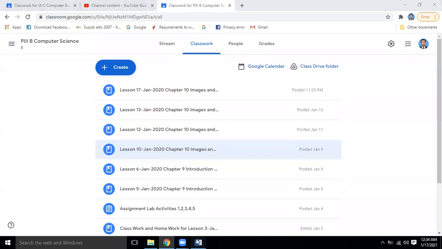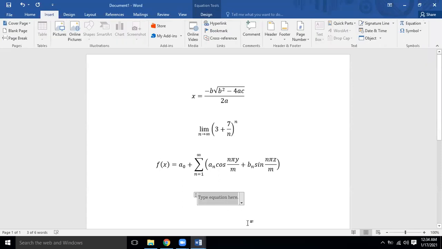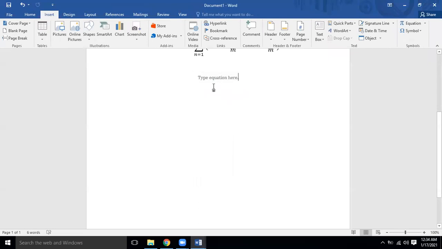As I told you, when you are using normal symbols, like insert and symbols, when we are typing normal text in a discussion, I delete this equation.